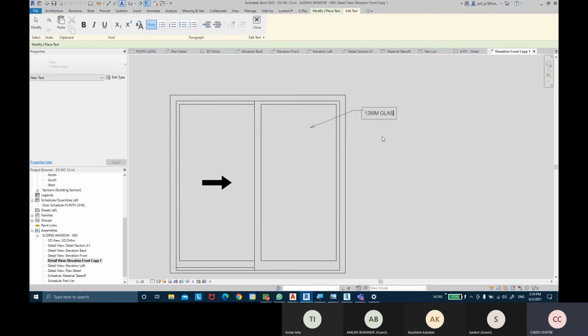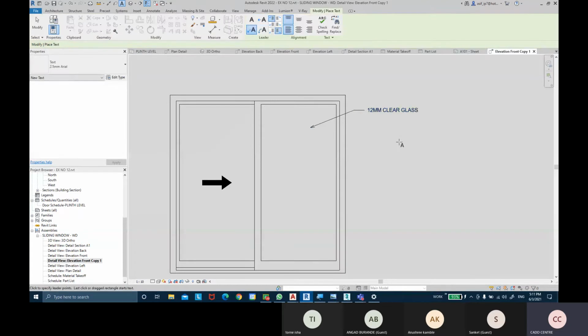Element, clear glass. And then you can click on close.